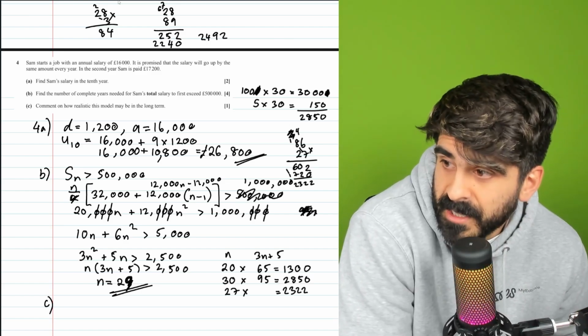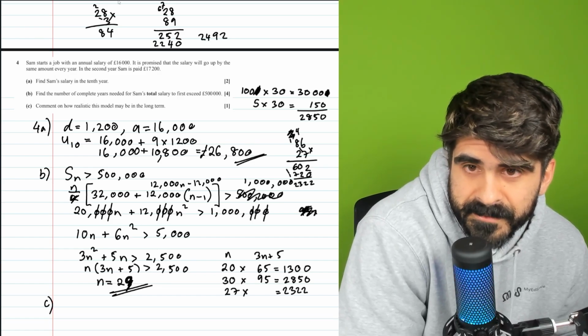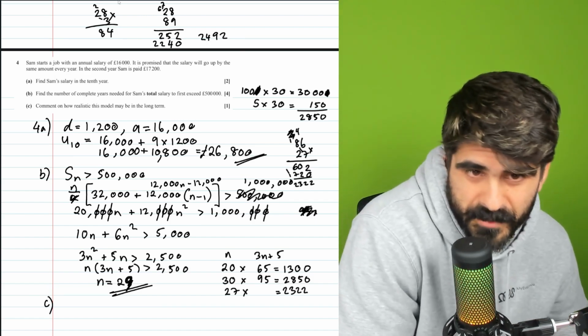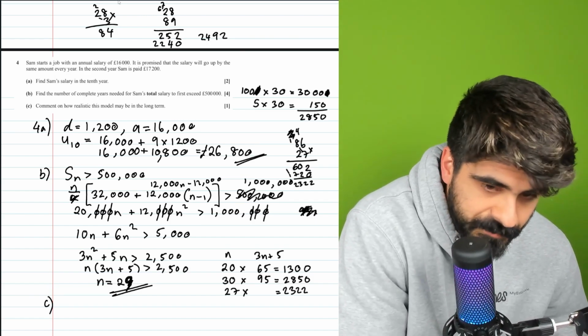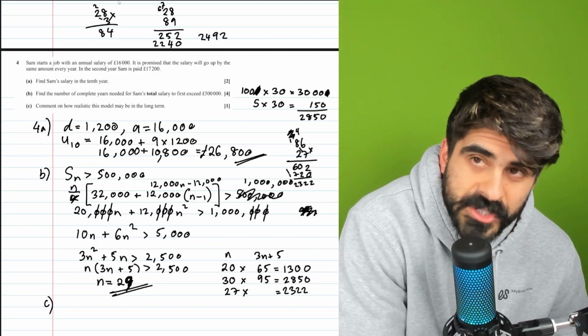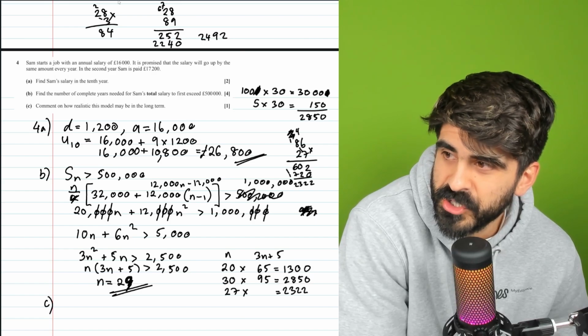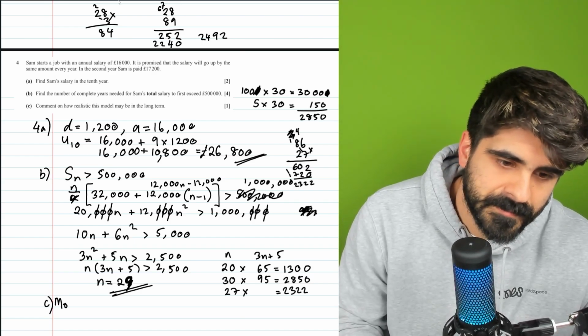I mean, you could say unrealistic. They always want you to say unrealistic, don't they? Comment on how realistic this model is. How realistic could this really be? Your salary most likely wouldn't go up by a fixed amount. It would usually go up by a fixed percentage each year, right? So, most likely,